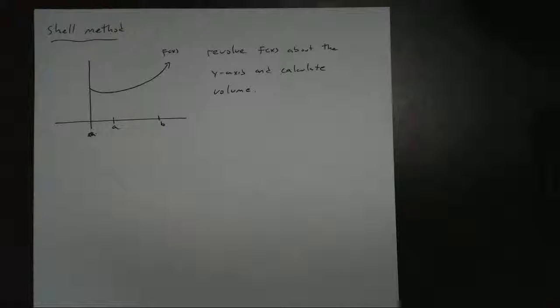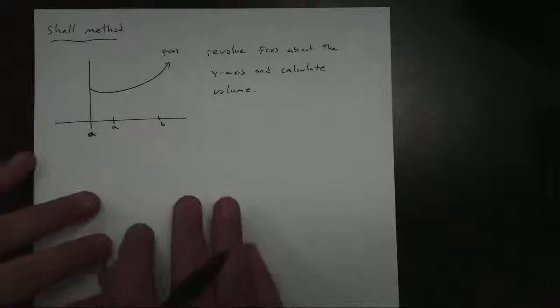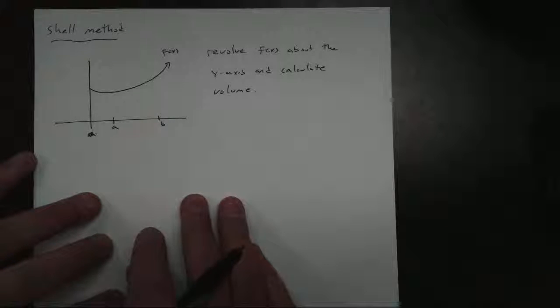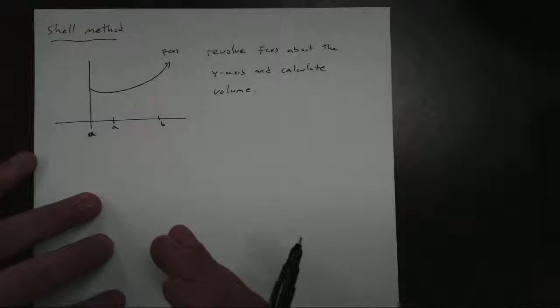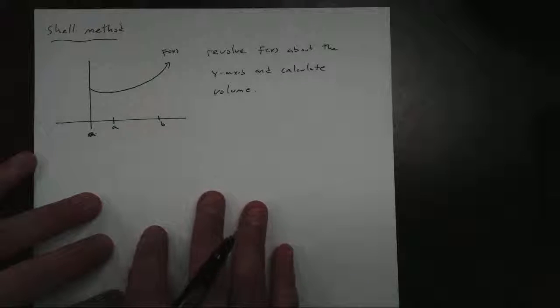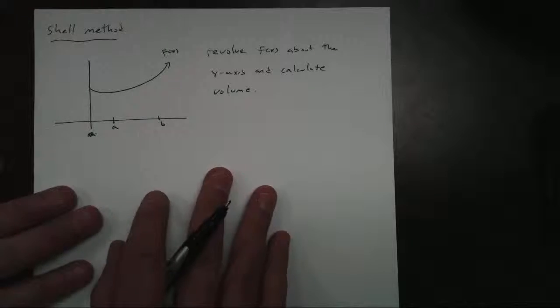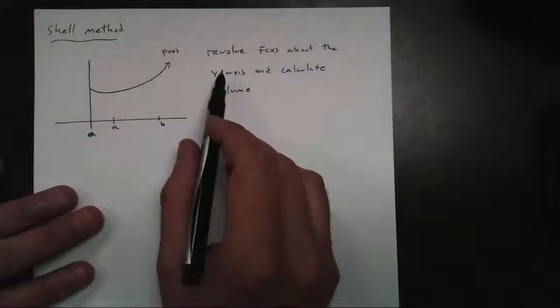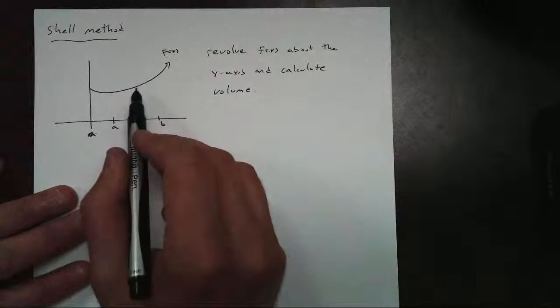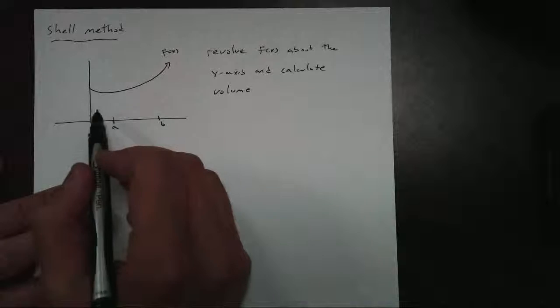Hi, today we're going to take a look at what we call the shell method for finding volumes of revolution. We've been talking about how to find volumes using a disk. The shell method is just another way that can help us to find volumes now without having to change variables. For example, if I want to revolve this function here about the y-axis and I want to calculate the volume,